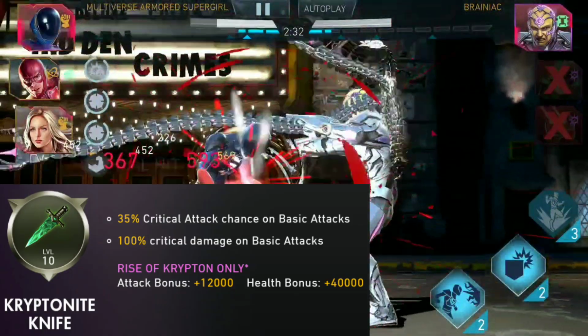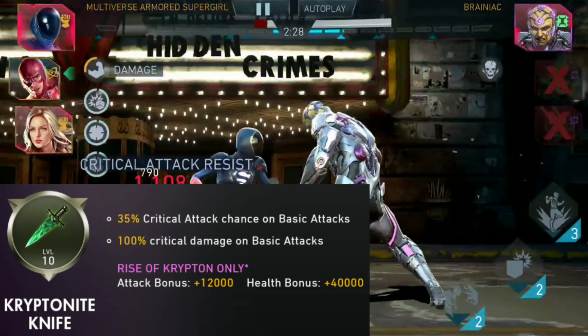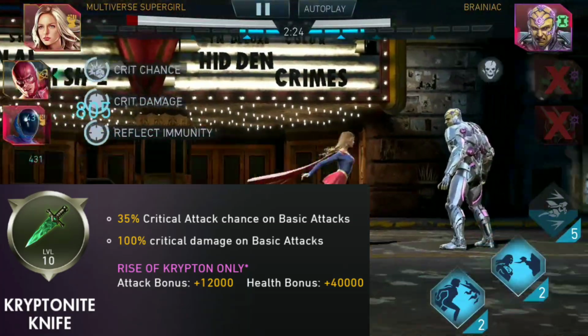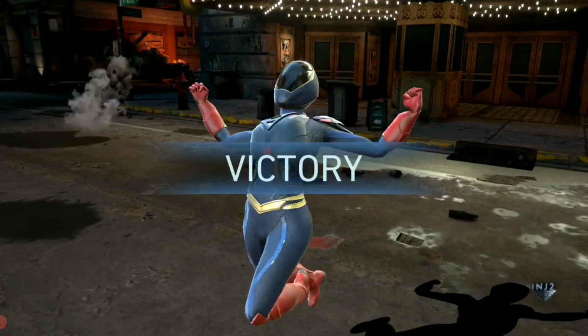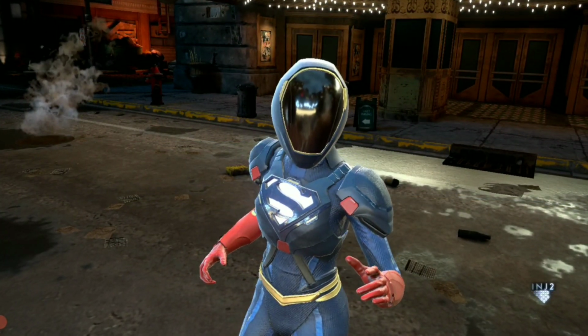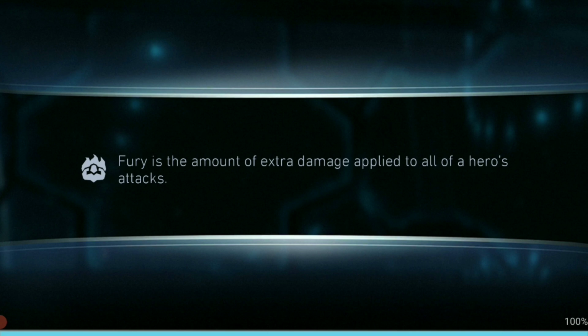And in terms of what the artifact can do, it gives you 35% critical attack chance on basics, and it gives you 100% critical attack damage on basic attack hits, which is why I put the Kryptonite knife over the Kryptonite gloves. The Kryptonite knife gives you a little bit more damage than the Kryptonite gloves on your basic attack hits. But at the end of the day, these artifacts only help you out in your basic attack hits,